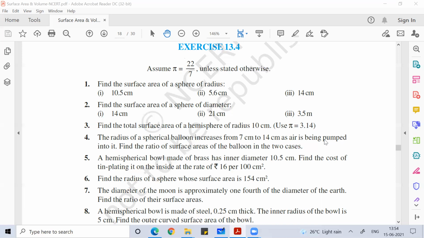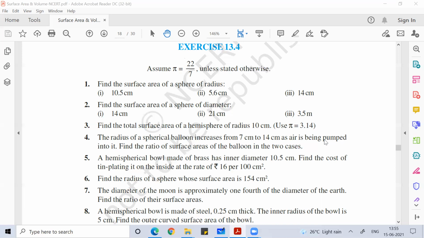Third one, 14. So 4 pi r square. So 4 into 22 by 7 into 14. So 7 and 14, 22 into 44. 2464 centimeter square. Okay, 14, yeah, 14, 14. No, my mistake. So 22 into 4 into 22 into 2 into 14. Yeah, that will come as a big number.